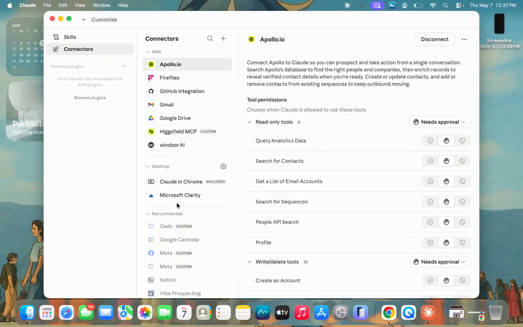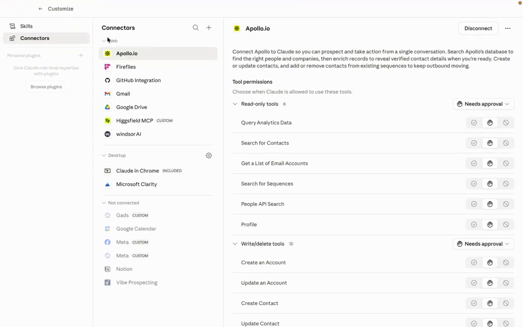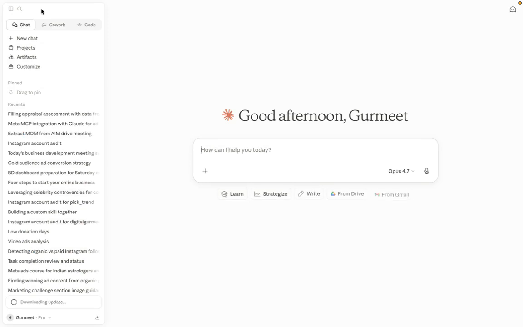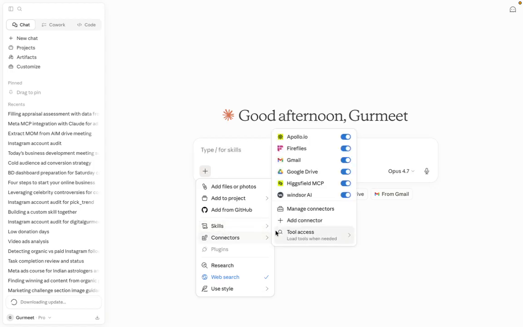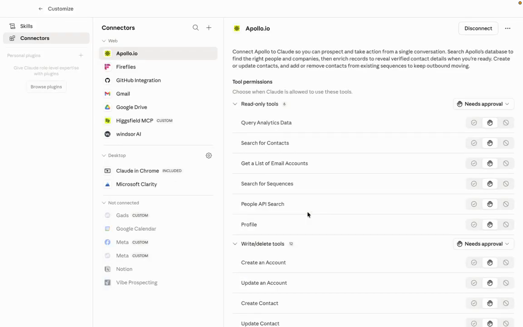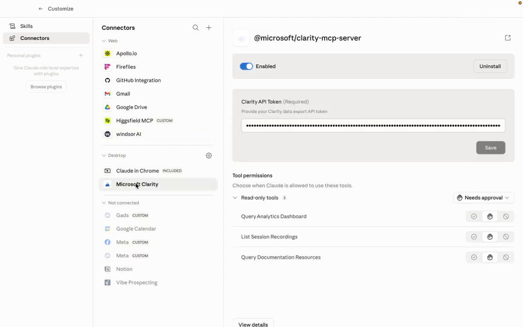So that is connected there. Now, if I want to use it from the browser on the desktop itself, I will come back here and I can check by clicking on the plus button, then connectors, and see what all are here. I can click on manage connectors and see this Clarity.